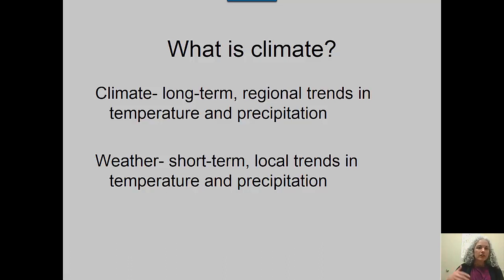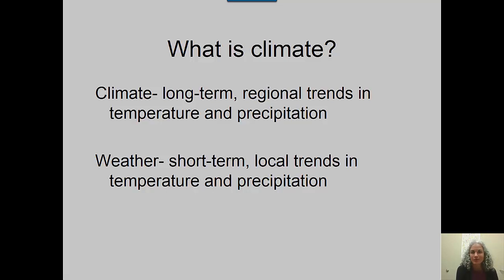So before we get started, I want to make sure everybody understands the difference between climate and weather. Climate is a long-term regional trend in temperature and precipitation, whereas weather is a short-term local trend in temperature and precipitation. So for example, if I were to say in Northern California, we generally have